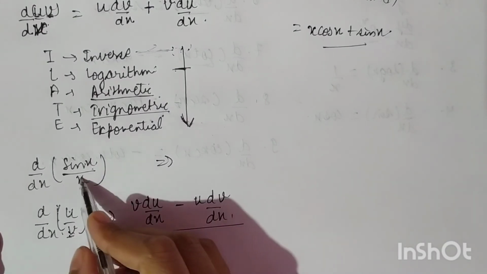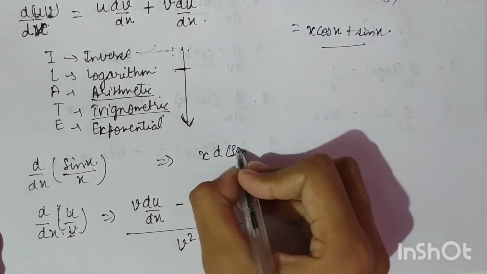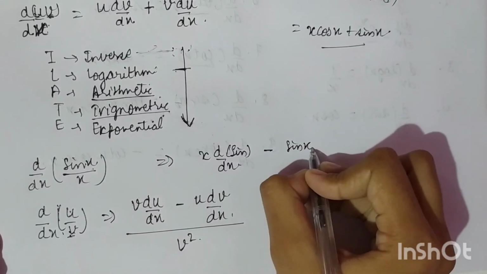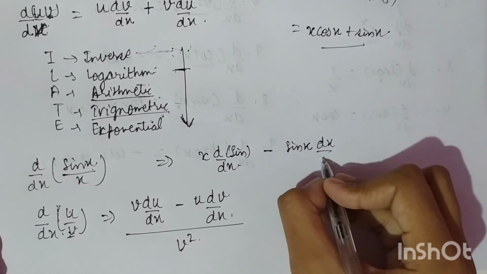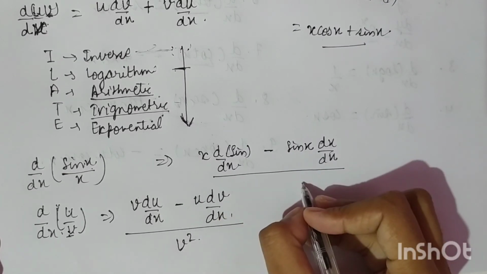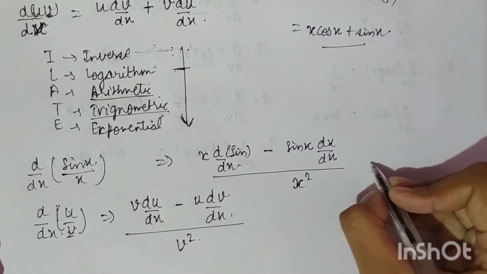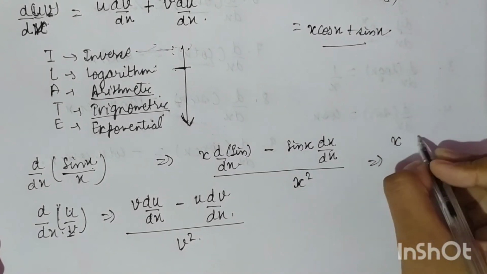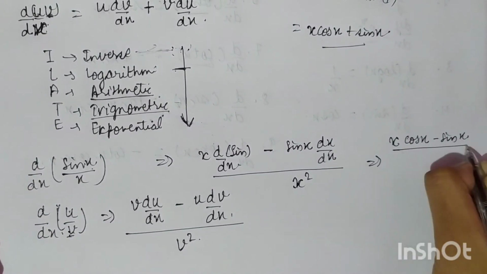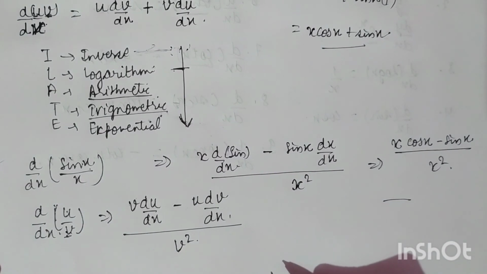Following this formula we can simply differentiate this function. Here u is sin x and v is x. So first of all we put x outside and differentiate sin x with respect to x. Okay, now a negative sign in between, sin x outside, and differentiating the denominator function, which is x, and in the denominator of this we will have x square, the square of the denominator function. So what we will get is x cos x minus sin x divided by x square, as we already know the differentiation of sin x is cos x. Okay, so both these types of functions should be clear to you, all the students.